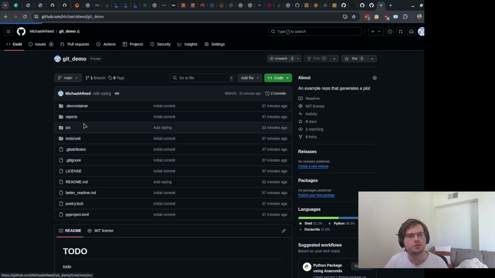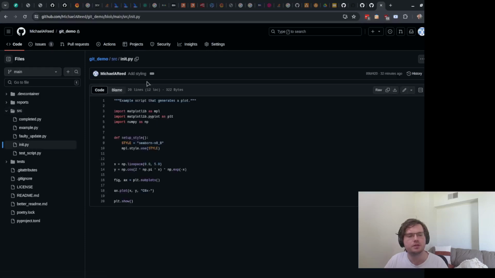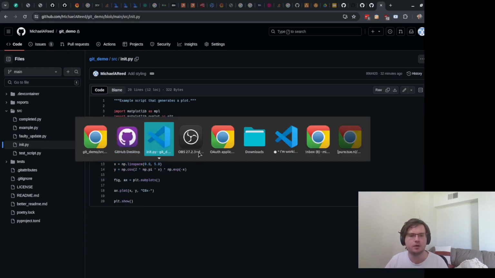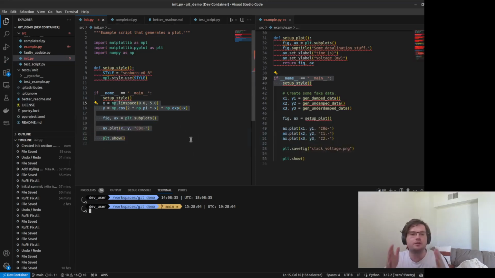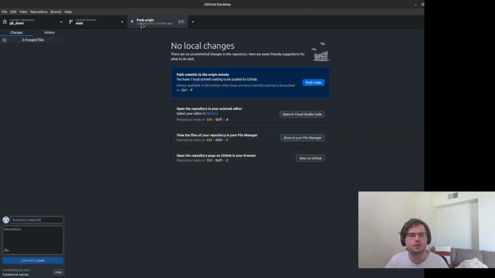But if you want to be extra sure, and I open up this file again, you can see that these changes have not yet come up to this version, which is in github.com. And that's because I haven't pushed them up to the website. Right now, these changes are only on the files on my local machine and inside that .git folder, which is stored on my local machine. So all I need to do to make sure that that goes up to the web is click this button, which is push origin.